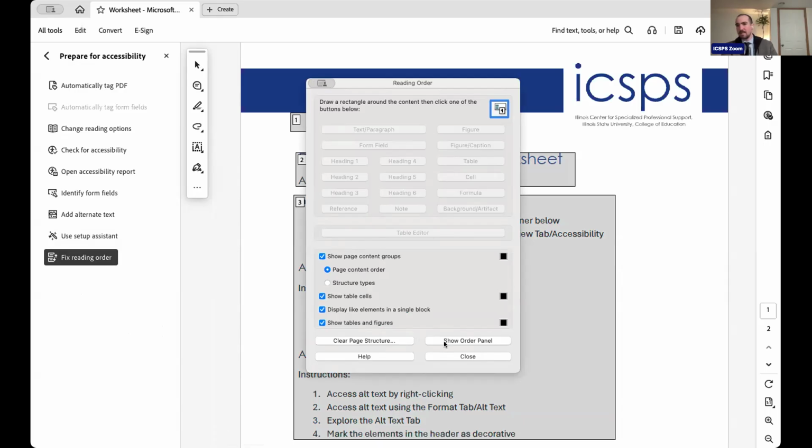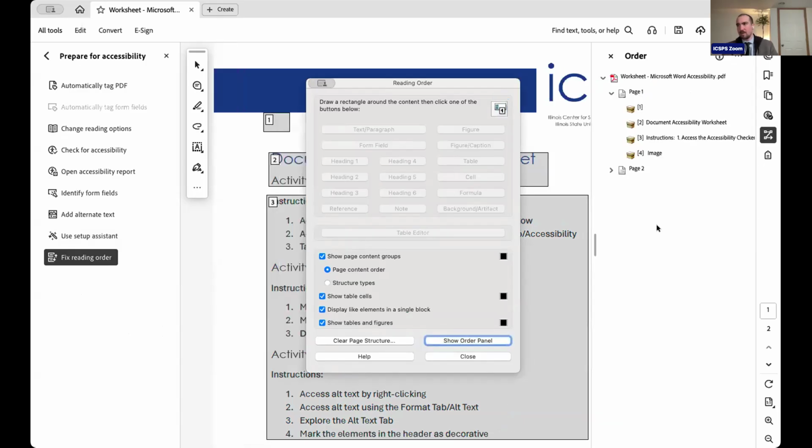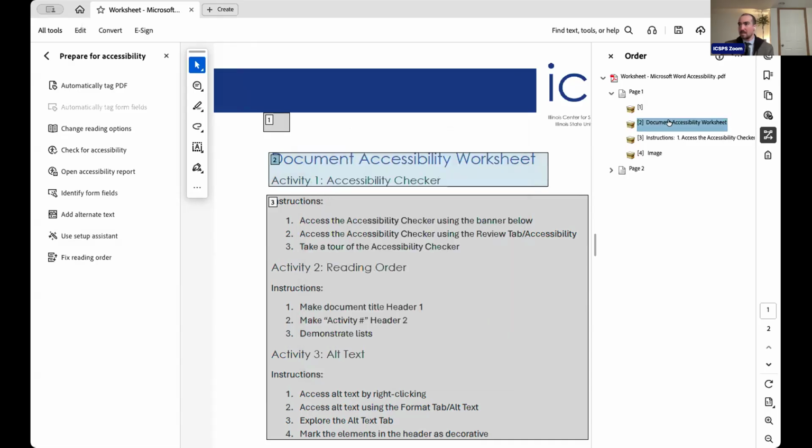It's kind of annoying because it doesn't have a nice click here situation, but show order panel is what you want. And there we go. This is the same thing as the outline view from Word. You can see what's showing up here. And as you can see, the reading order is all sorts of messed up and you can just kind of toggle with it from there. So I'm going to close this and from here,